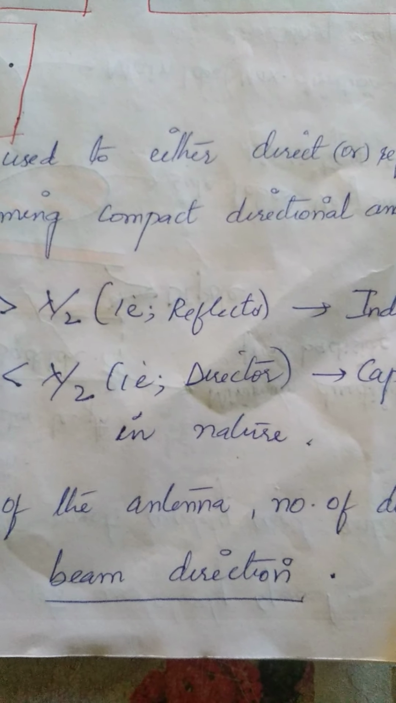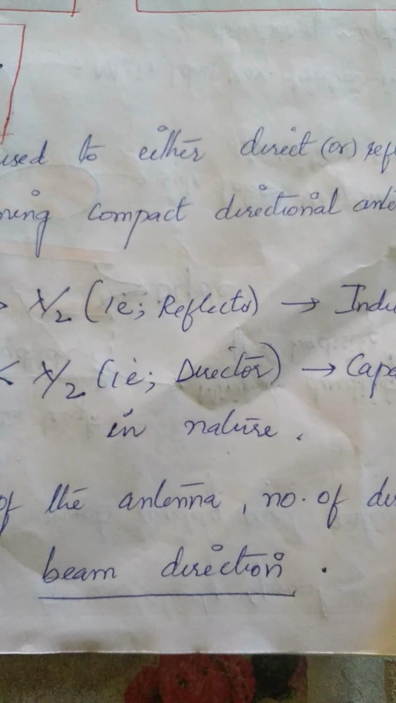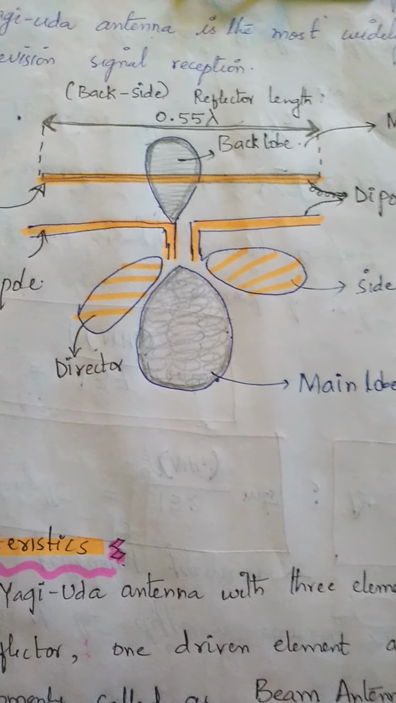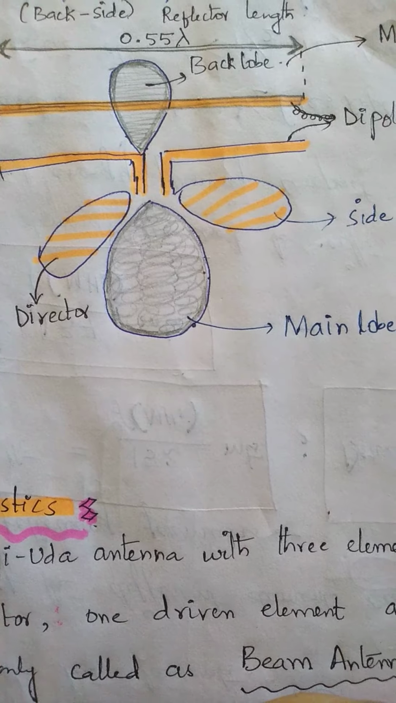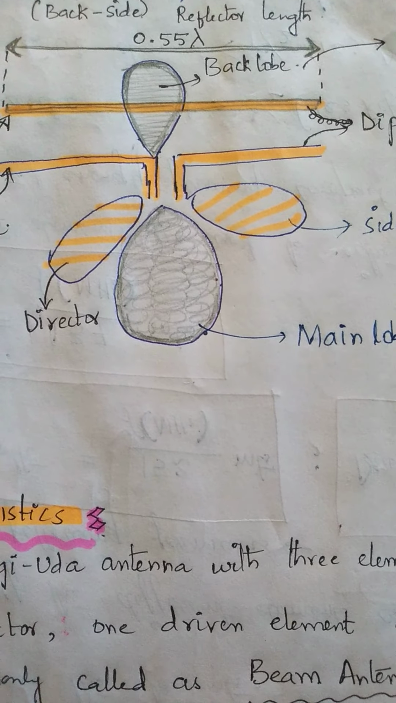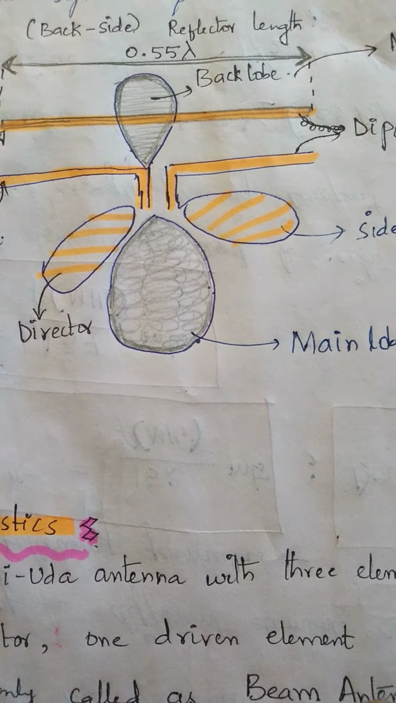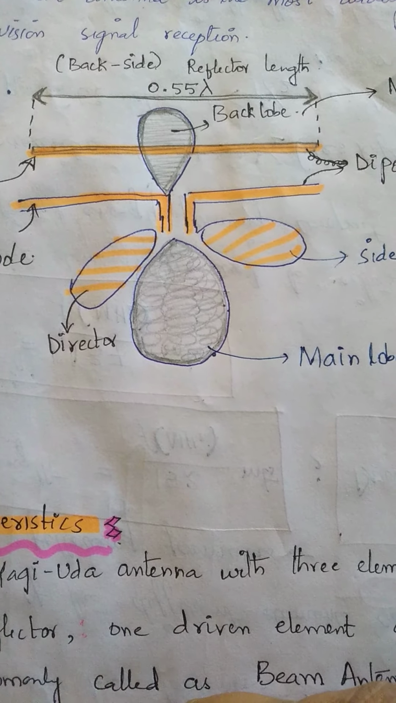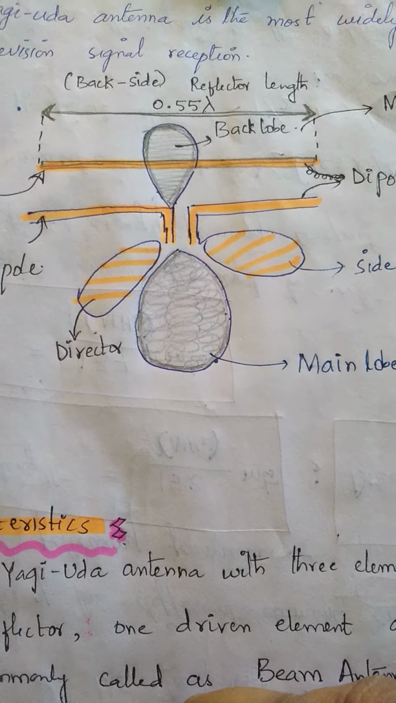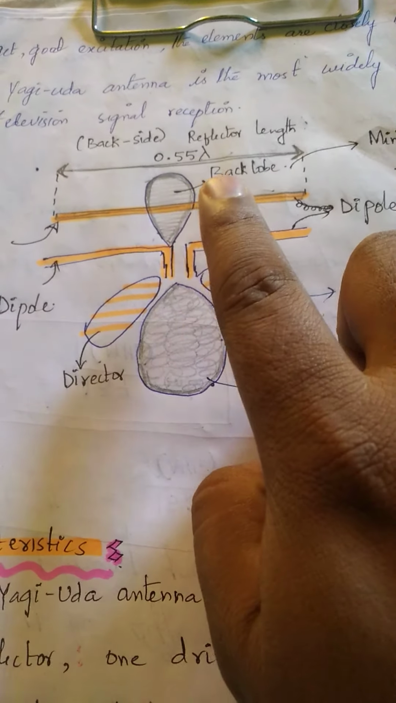So in order to get that one, we have to add the number of directors. Next, to get the good excitation, the elements are closely spaced, and the Yagi-Uda antenna is most widely used for television signal reception. As you can see over here, we are seeing the back side of it. For that, as we are seeing in this diagram, it consists of,